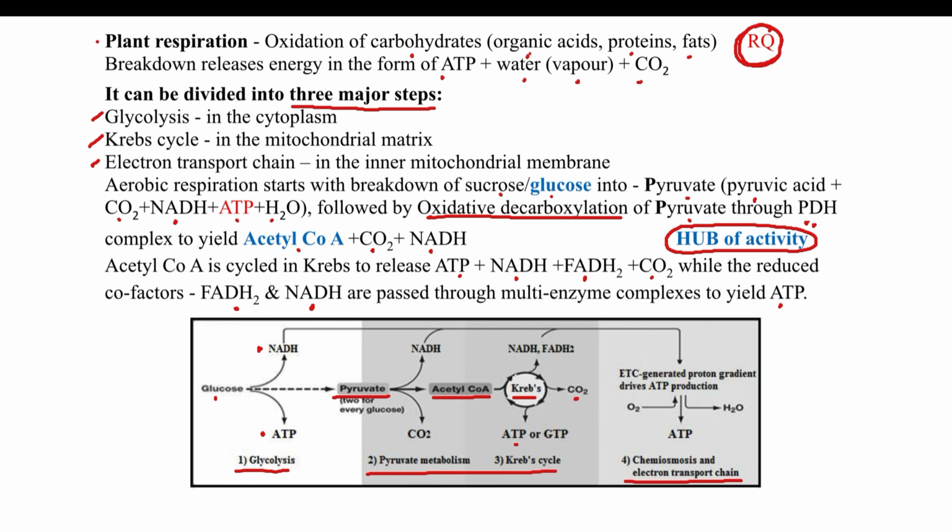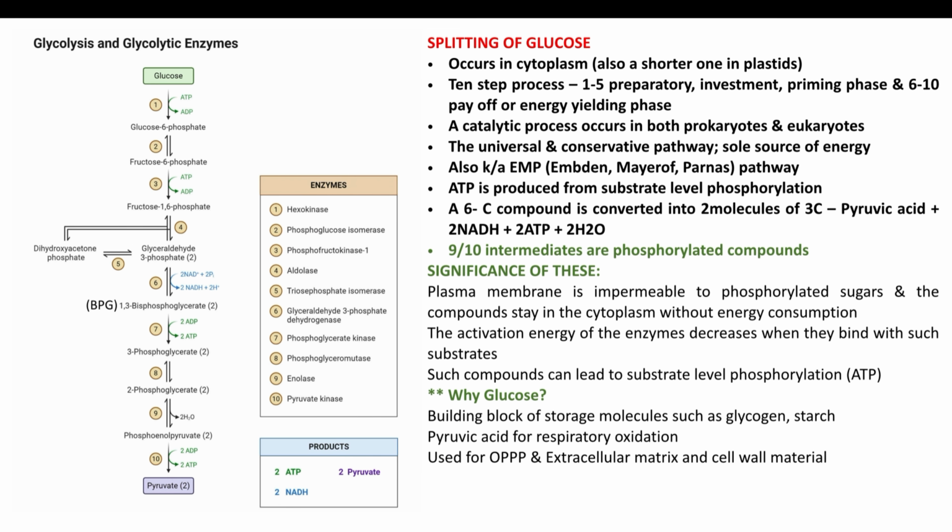It is then given into the electron transport chain, which occurs in the inner mitochondrial membrane. So this is a gross picture. Today, children, we will talk about glycolysis, the first step in aerobic respiration and the only step in prokaryotes or anaerobic respiration. So let us move on to the next slide, where you can see the glycolysis along the steps,